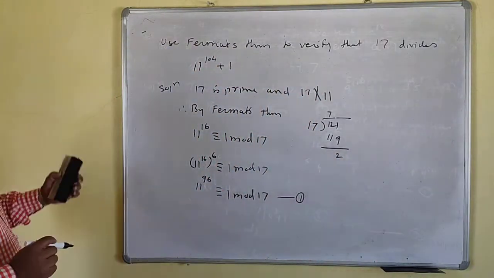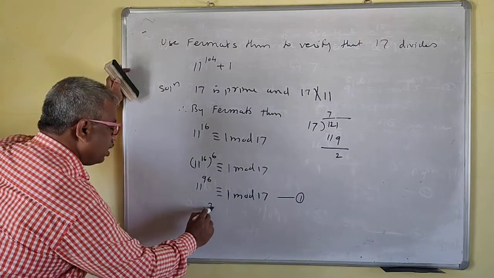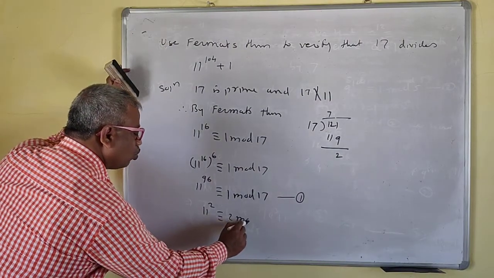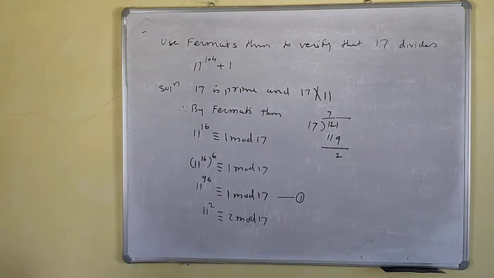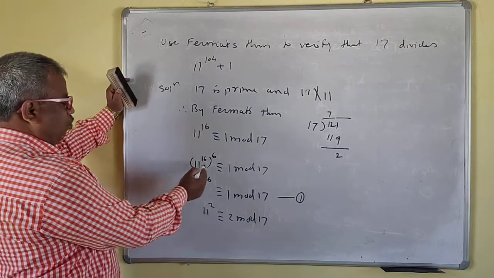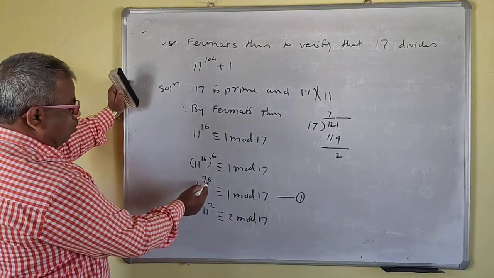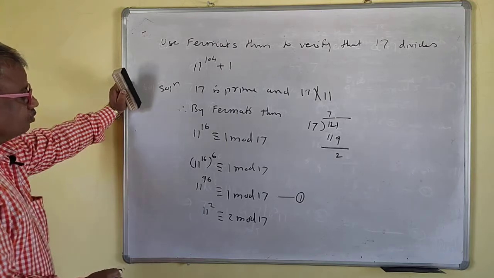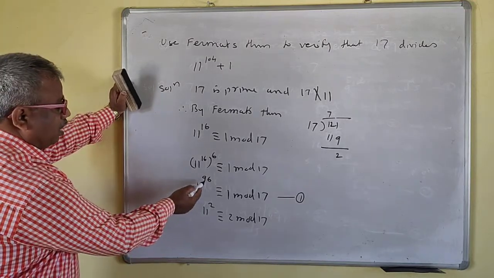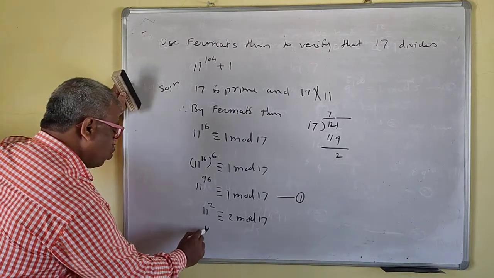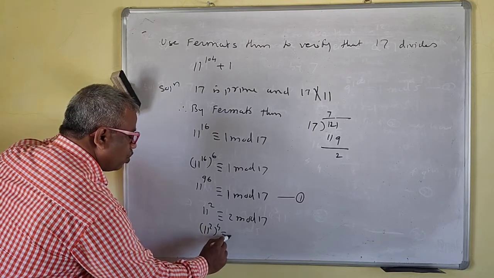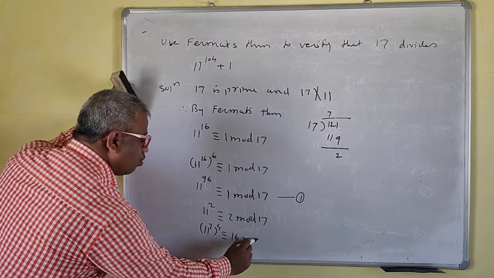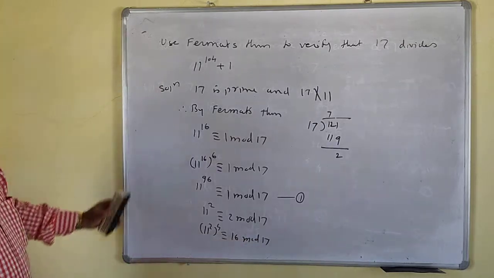so 2 we get. Okay, so 11 squared is congruent to 2 modulo 17 now. So how much do you want here? You want 8 now here, so that this is what? 8 now. So we have to take the power 4 now here. We'll take the power 4, which is congruent to 2 raised to 4, which is 16 now, mod 17.